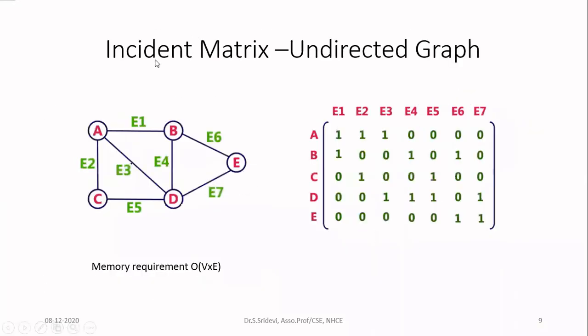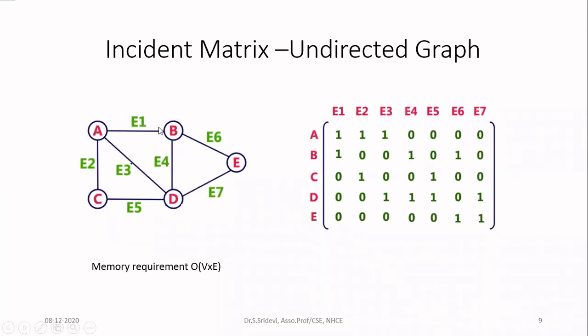Now let us consider how to represent the incidence matrix for an undirected graph. In case of an undirected graph, again, you have to focus on the graph given to you with respect to vertices and edges only. So take all the vertices as the rows and all the edges as the columns. Consider node A. Node A has 3 edges incident on it. Now no need to consider any direction. If an edge is connected, you write 1. If the edge is not connected, you write 0. So E1, E2, E3 are the edges connected to A. So under E1, E2, E3, I am writing 1. For all the other edges, I am writing 0.